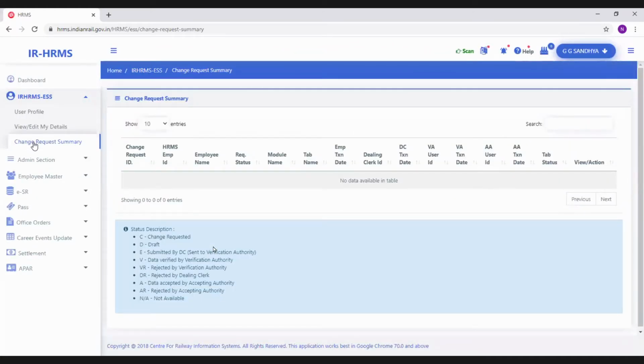So after which the dealing clerk notices all the changes received from the employees working under him.